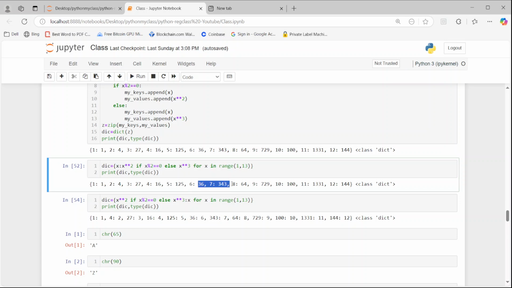Wherever you have an even key, the corresponding value will be the square of the even key. Wherever you have an odd key, the corresponding value will be the cube of the odd key. So if you run this cell,